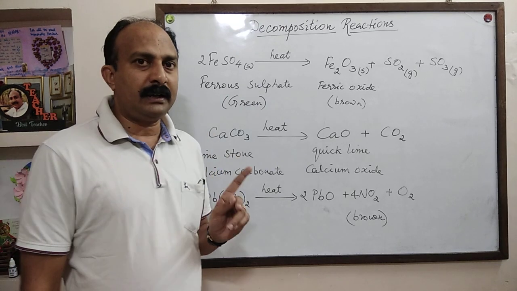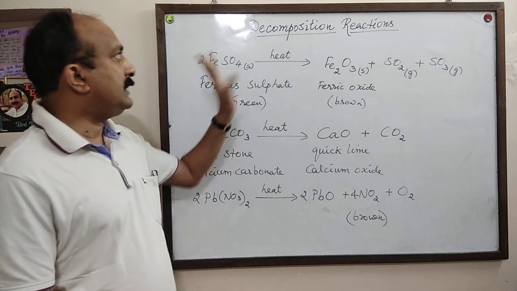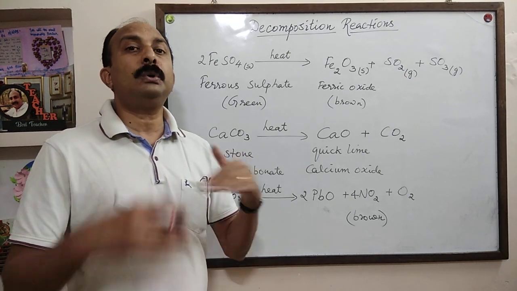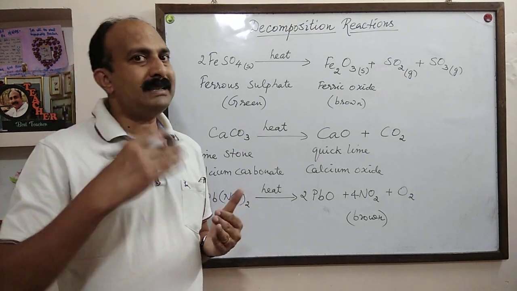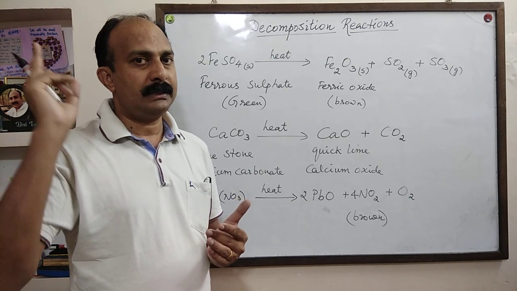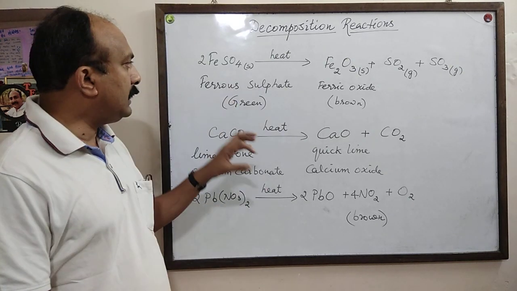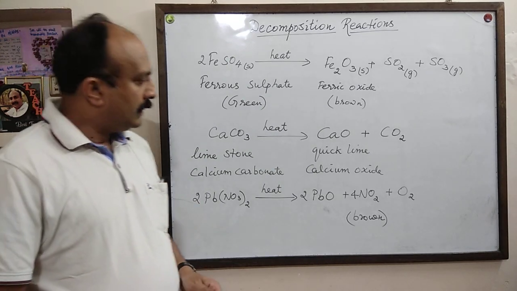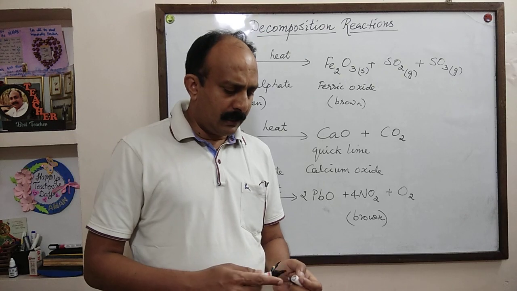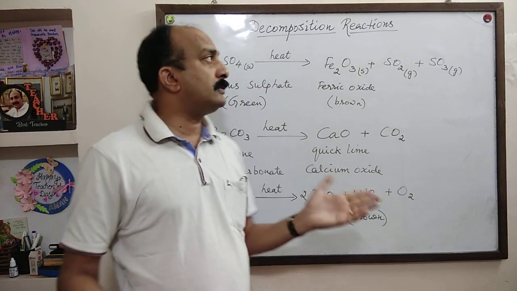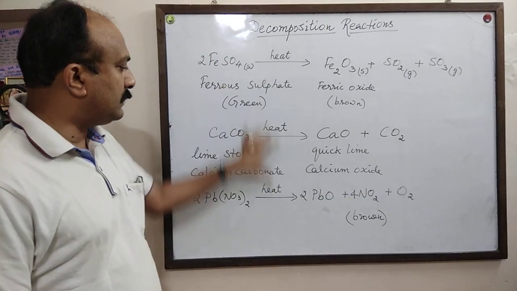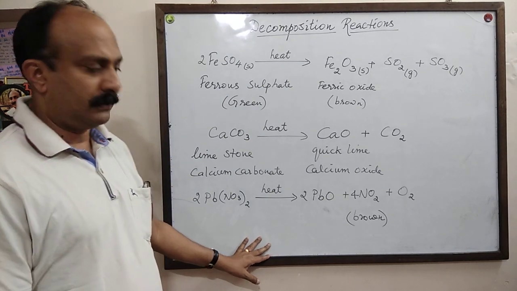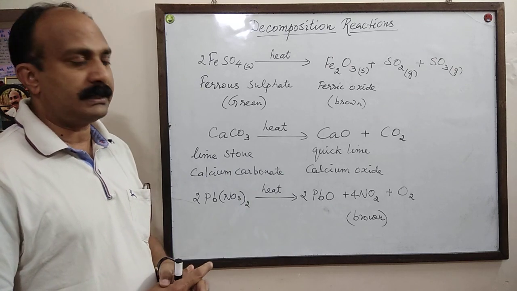Whereas in the previous class we have seen the first reaction, combination reaction, was exothermic reaction. Heat was liberated in those reactions. Here heat is absorbed. So this is endothermic reaction. Now there are many more examples of decomposition reaction. These are the decomposition reactions where heat is evolved or heat is given to take part in this reaction.